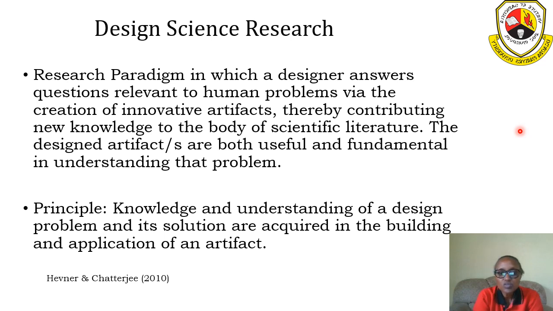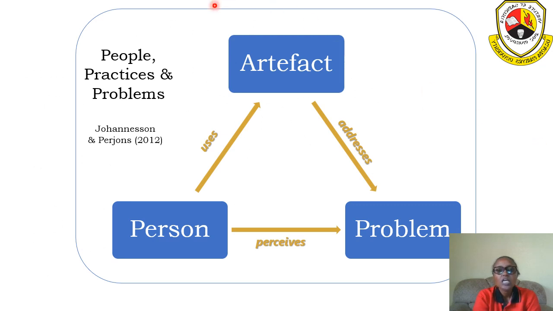So this research method looks at knowledge and understanding of a design problem and the solutions that are required. That's one of the primary principles around it. So as long as you have designing of an artifact, this is where design science comes in. You have a person who uses an artifact. That artifact is meant to address a problem, and the person perceives that either the problem is solved or not solved. So in this cycle,